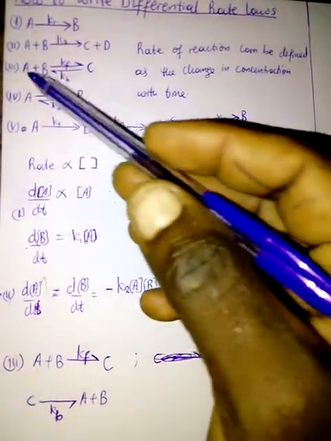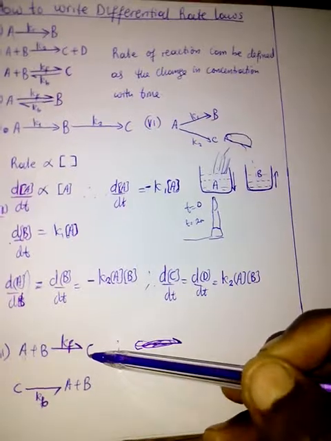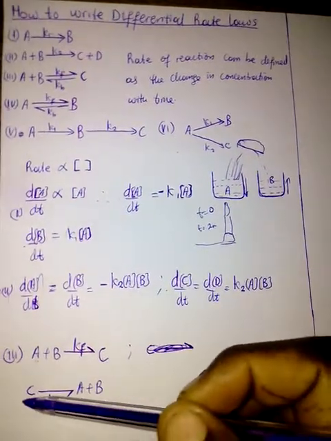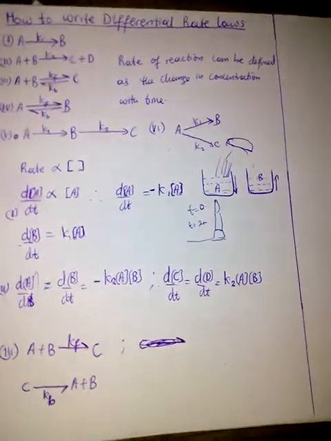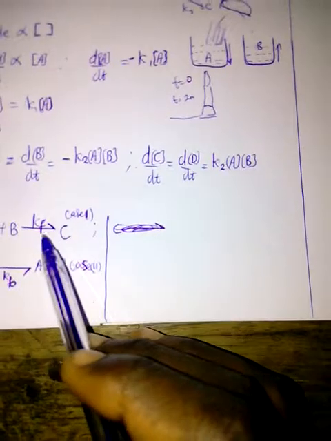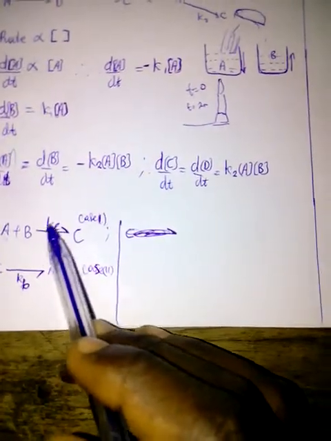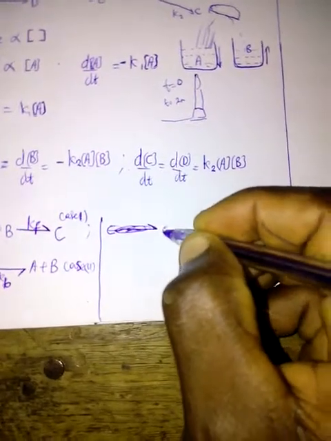For the third one, I've broken the reaction into two: A plus B going to form C, then C now forming A and B back. For case 1, A plus B going to form C, following the forward reaction. For the forward reaction, the rate of reaction in terms of the reactants A and B will be